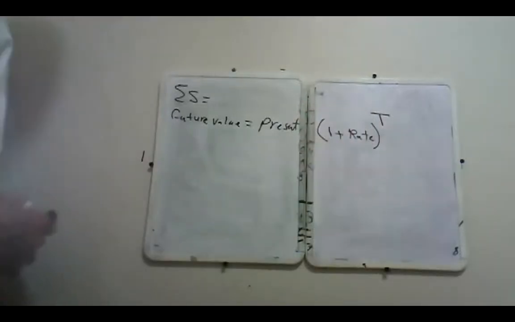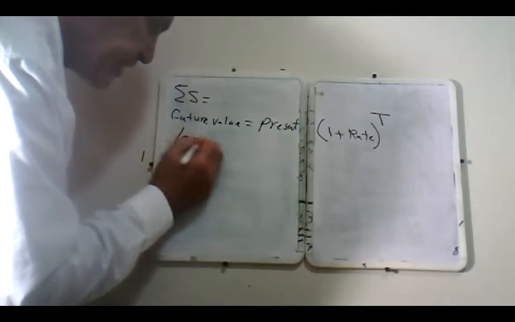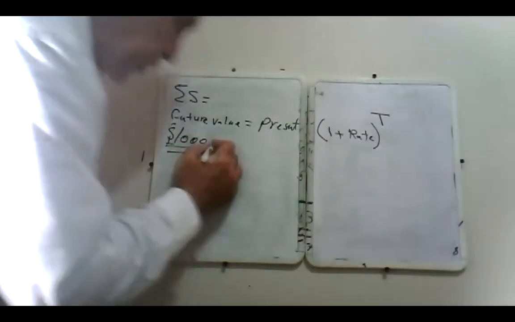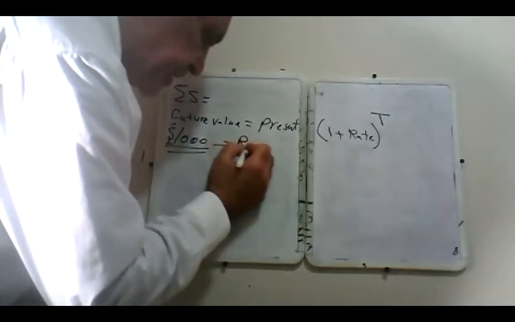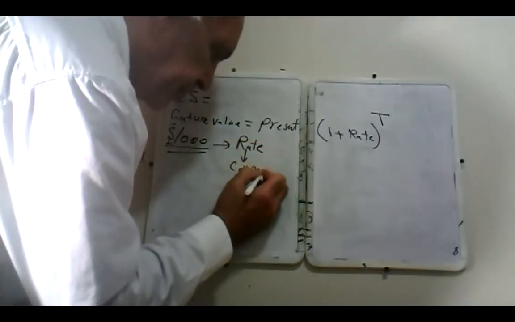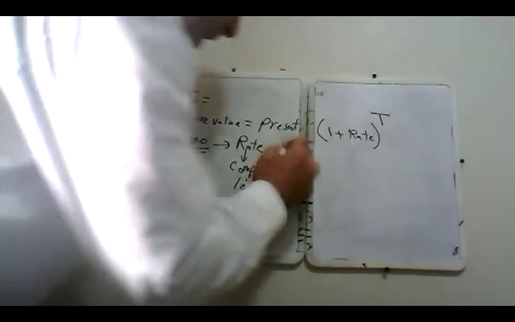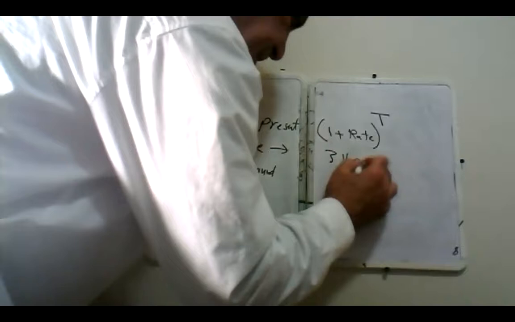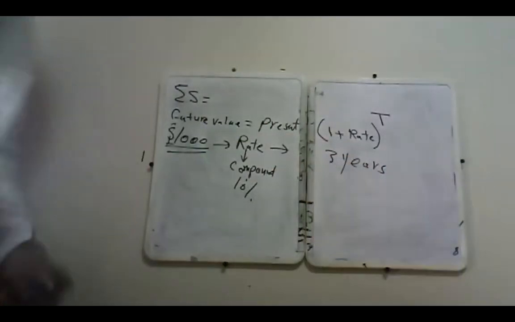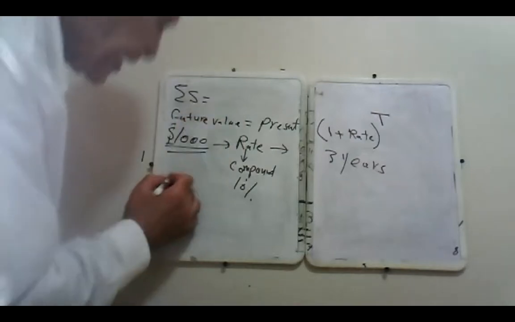Let's say, as an example, we have an amount of $1,000 that will be invested at a compound rate of 10% for a period of 3 years. In that case, if I want to get the future amount, which we will call S,